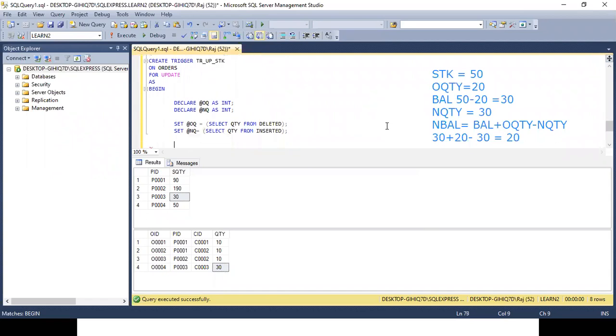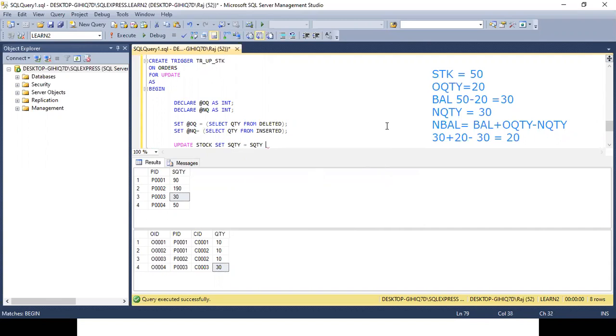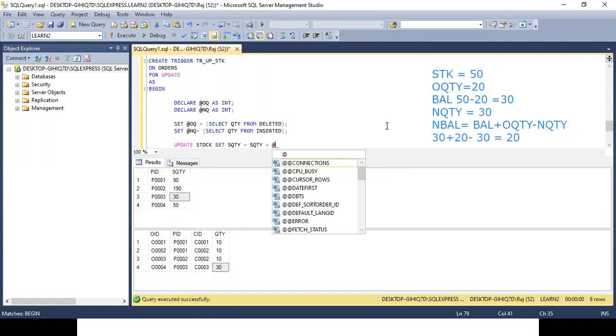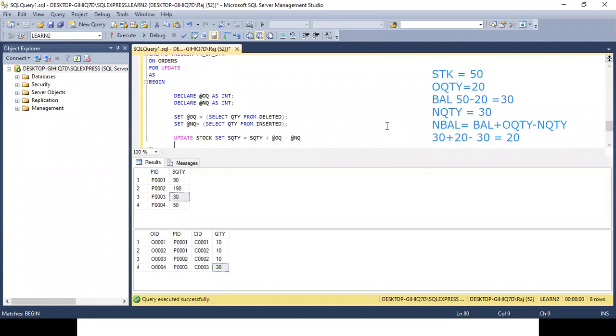Right now, update stock set stock quantity is equal to stock quantity plus @old quantity minus @new quantity where